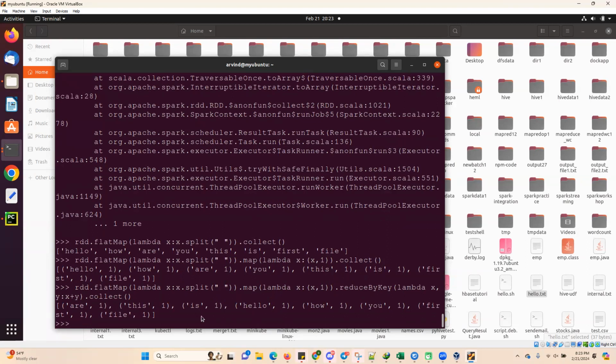So here is the case, all the words are single words, right? So that's the reason even if you do reduceByKey, it will not aggregate, right? Because here all words are like 1, 1, 1. Okay, if I just do some repeated copy,